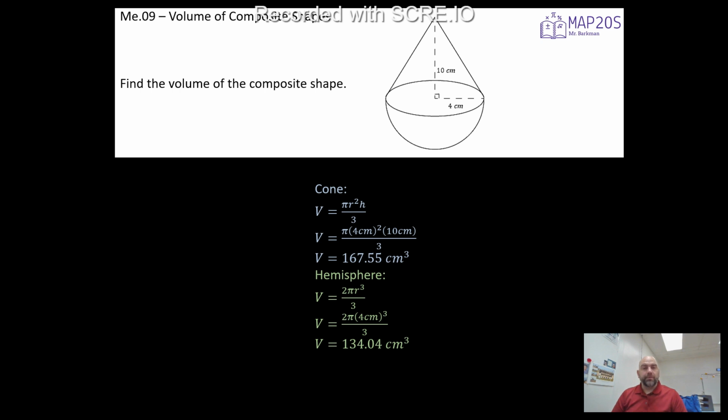Now, we have both. The difference between surface area and volume is that in volume, we don't have certain pieces that we have to subtract unless it's being cut out of our composite shape. So therefore, in this one, we're not subtracting anything. We found the volume for both pieces, and all we have to do is add them together. So 167.55 cubic centimeters plus 134.04 cubic centimeters, and we get a total of 301.59 cubic